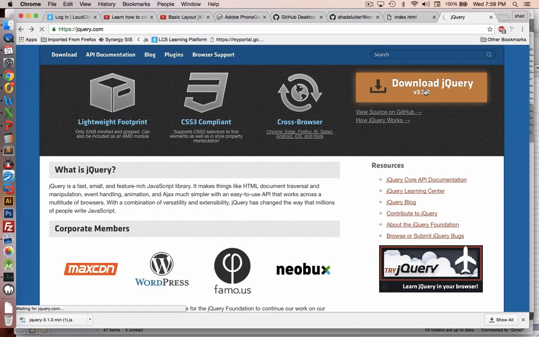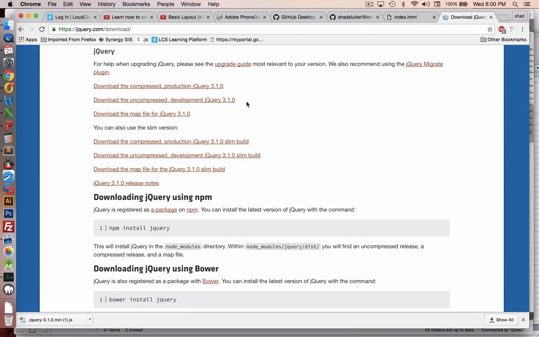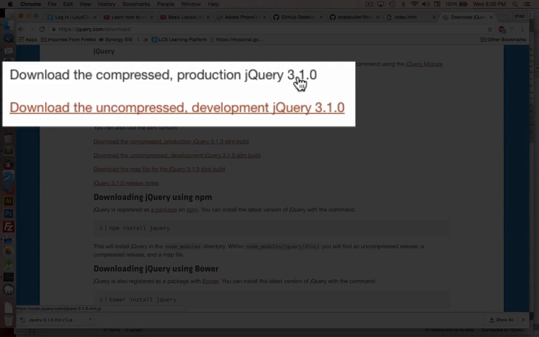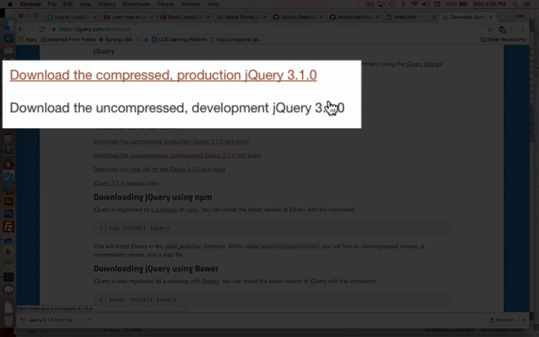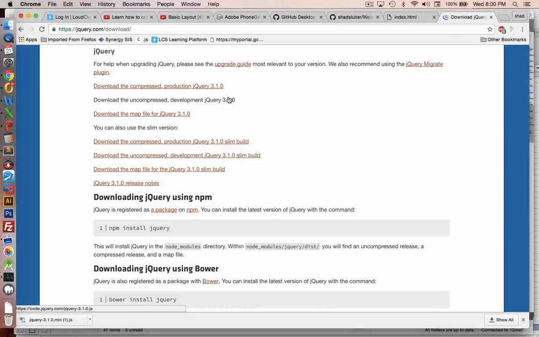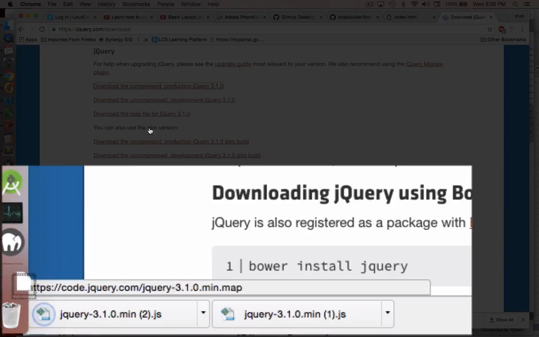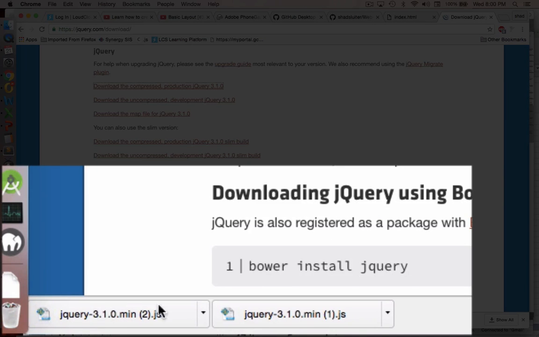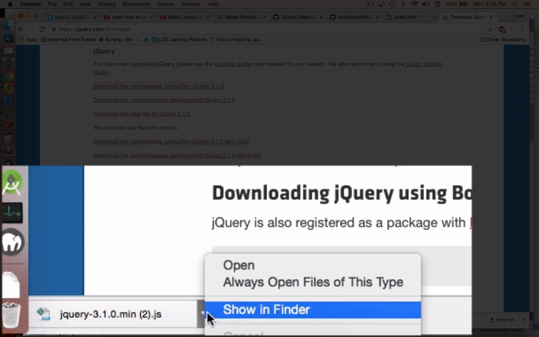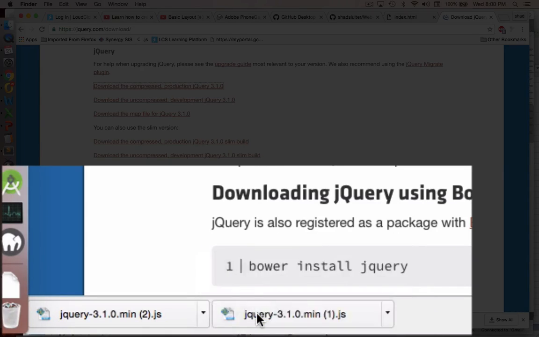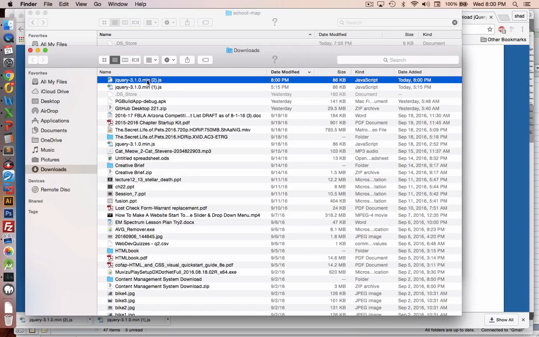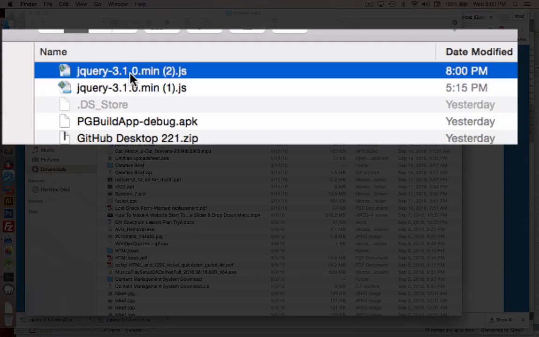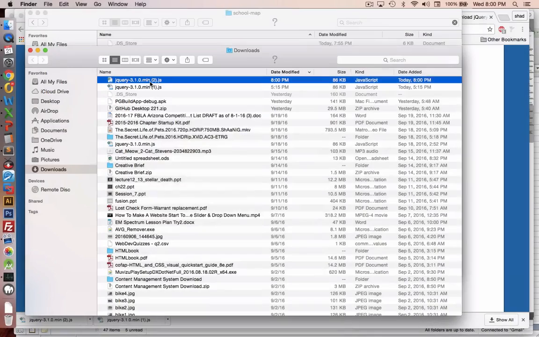We will get to a page that shows us which versions of jQuery are available. At the date of this video, the current version of jQuery is version 3.1.0. If you're from the future, it might have a different version there. Well, this will probably work, so I'll click the link, and you notice the download quickly finished. I'm going to show the downloads, and you can see that I've downloaded this file. It's called jQuery 3.1.0 min. I'm going to copy that,